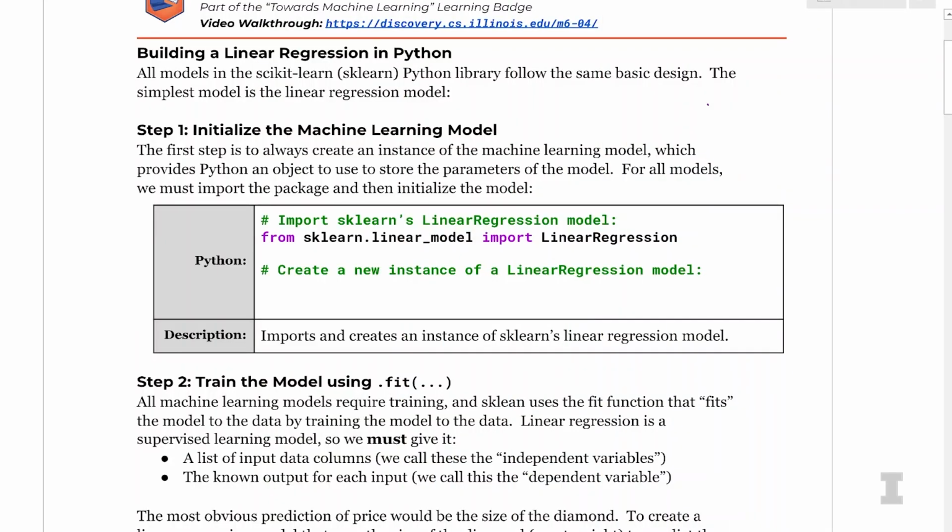So to build a linear regression model, we're always going to use 3 steps. The first step is going to involve initializing the machine learning model. And we're always going to need to initialize the model whenever we're using a linear regression. This is just like loading a data set in a data frame. So just like we have a read CSV or a pd.DataFrame, we need to create an instance of the linear regression model inside of Python.